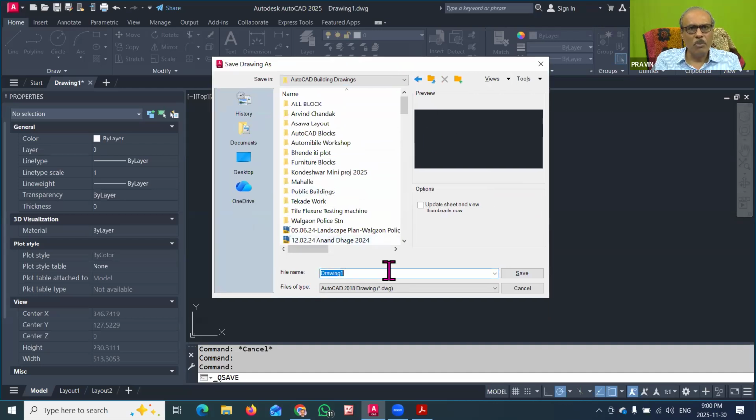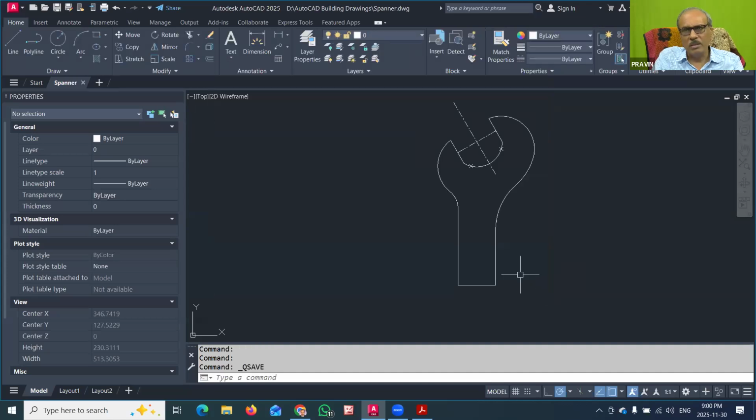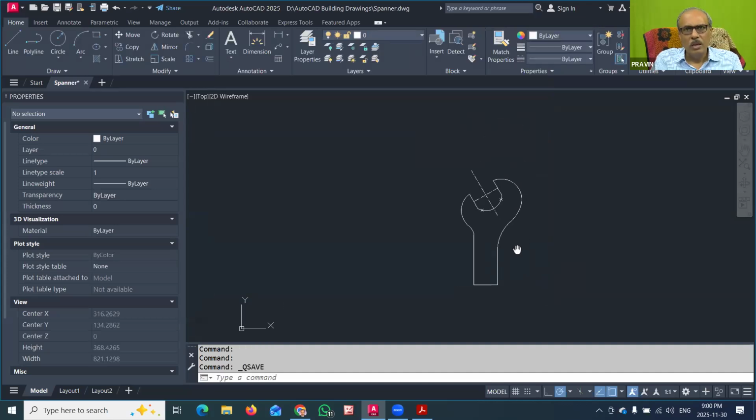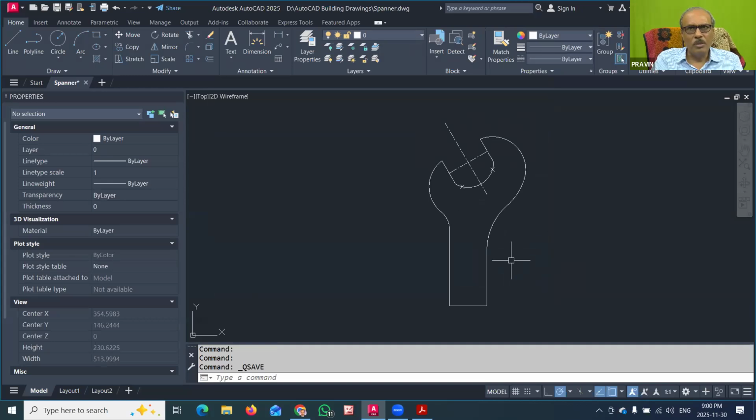This time I will give the name SPANNER, and this is my drawing. Now I will save this drawing here, and it will get saved on the D drive in the AutoCAD building drawing folder. This part we have already seen in the previous lecture. In this way we have completed our first drawing.